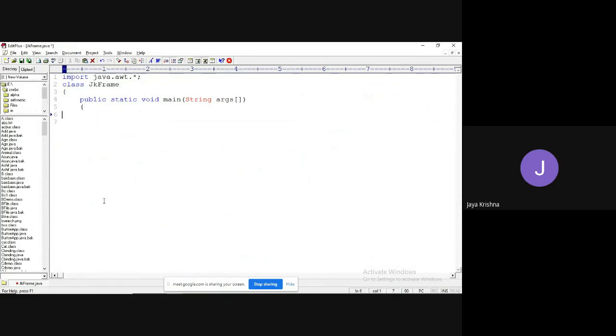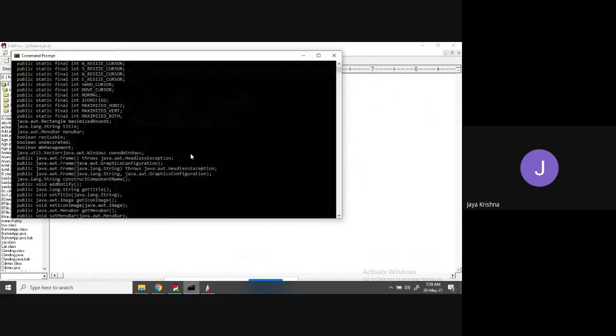What is the first step? I would like to instantiate the Frame class so that I can use all the features: Frame f = new Frame(), without any title. Then f.setBackground(Color. I'm not writing any other methods, to make it clear for you.